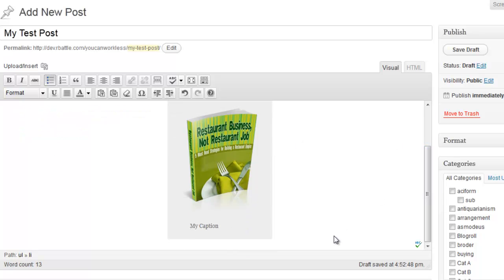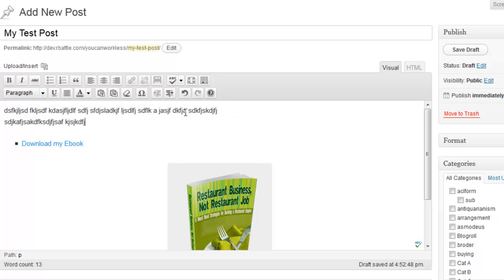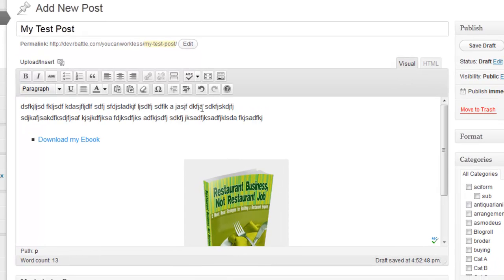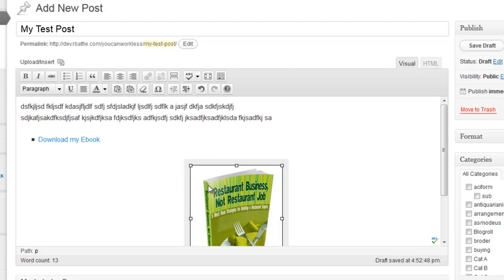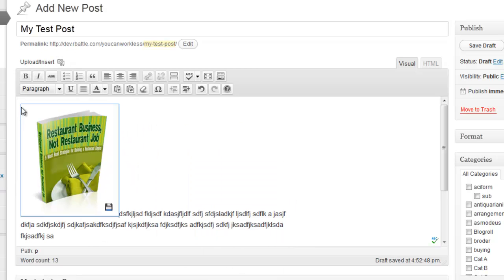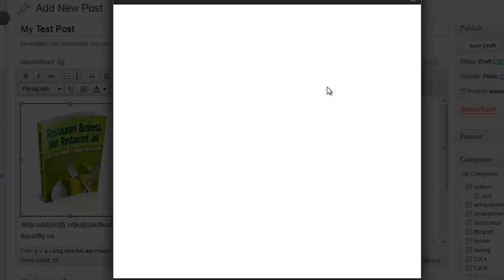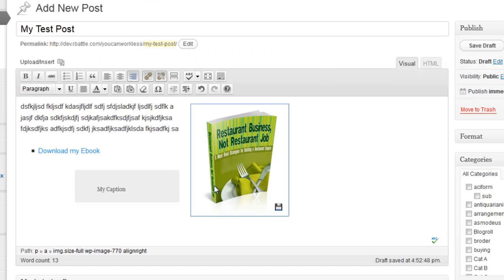Now, one more thing, because I want to separate this type of media from embeddable media. What we mean by embeddable media is media that is like YouTube. If I wanted to put a YouTube video on here, how would I go about doing that? If I wanted to do a YouTube video, it's a little bit different than if I wanted to do